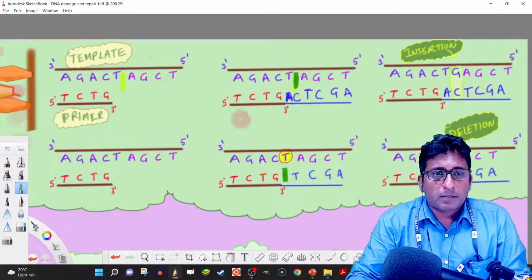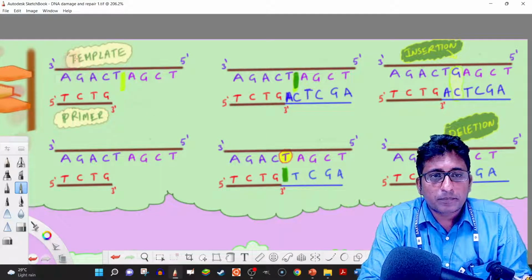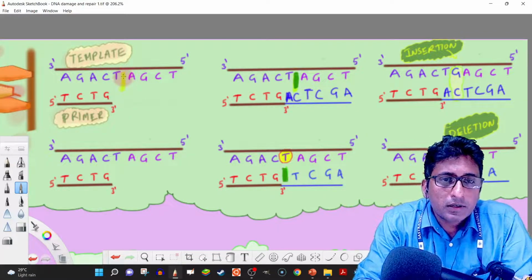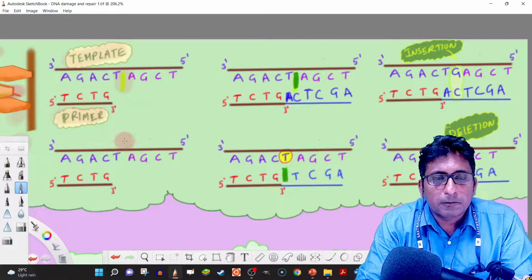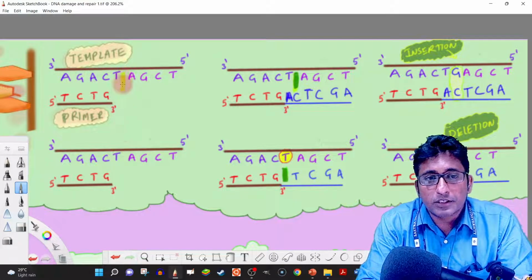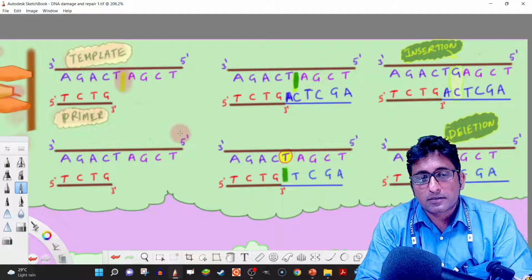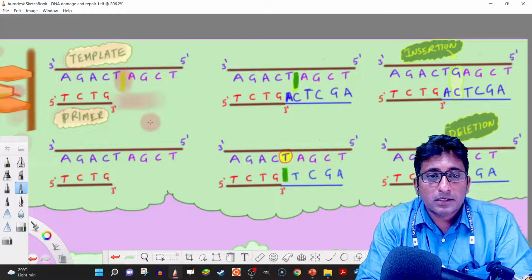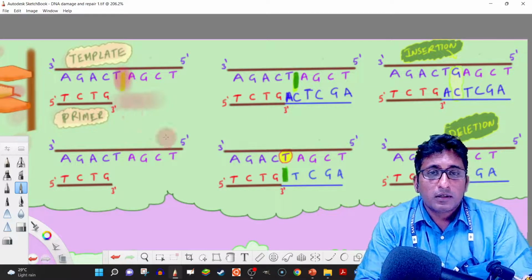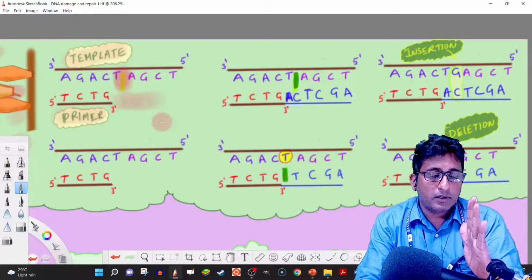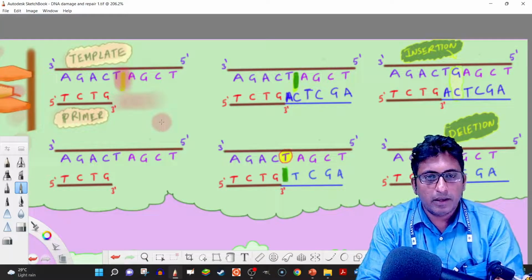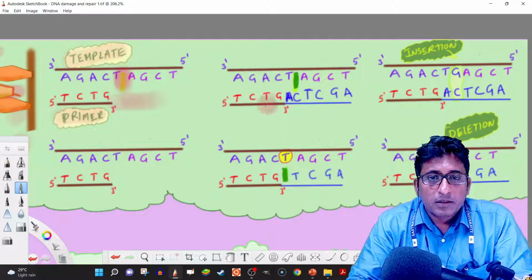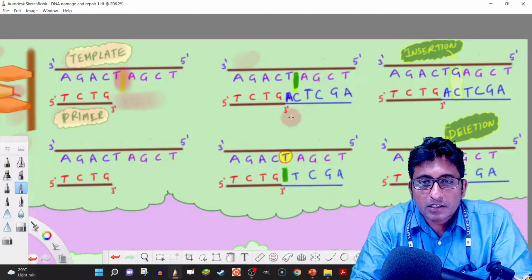So the template, assume we'll have a template here and there is a primer. And if we have something like an intercalating agent that has occupied this space, assume this is where the polymerization should be occurring. And here we have one intercalating agent stuck or base stacked between T and A. Now if DNA polymerase is adding something, say in this case we'll just take it as this,